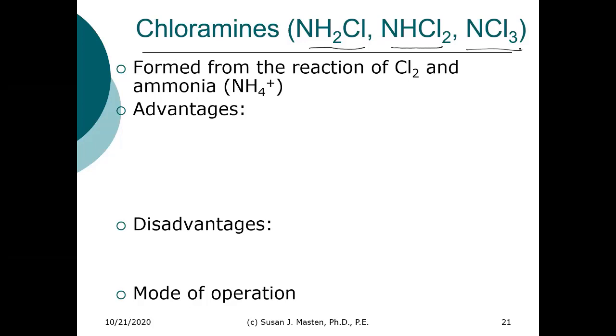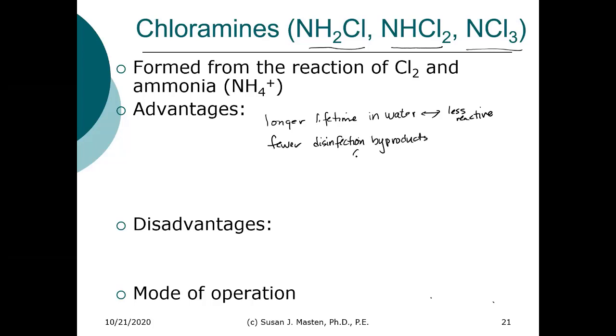Now these are used because they have a longer lifetime in the water, but that means that it's less reactive. So if it's less reactive, it's less effective at disinfection. It does produce fewer disinfection byproducts, DBPs,